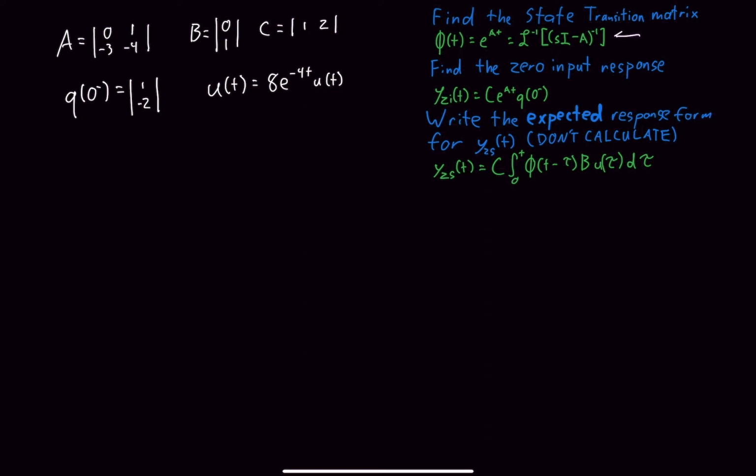Here, I have the formula for what we need. So let's first compute sI minus A, and that's going to be our first step. This is s times the identity matrix, so s 0 0 s, minus A, which is 0 1 minus 3 minus 4. We'll end up with the matrix